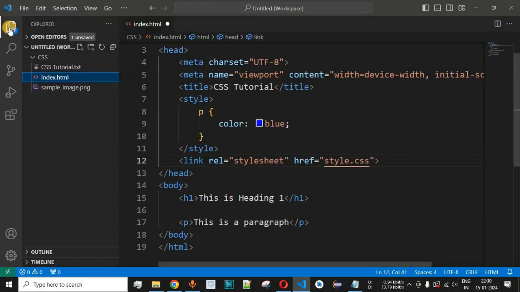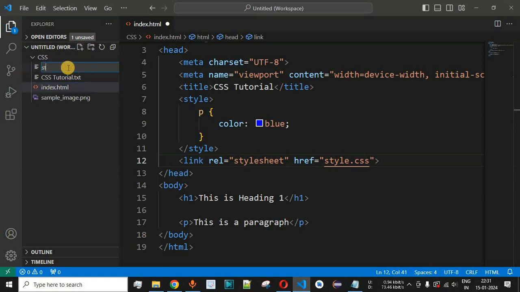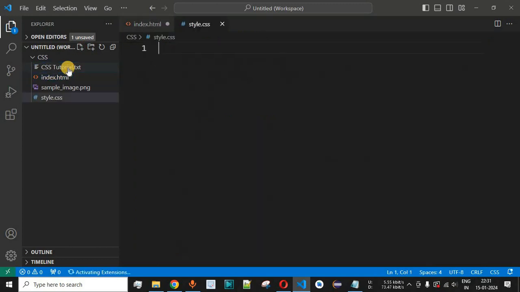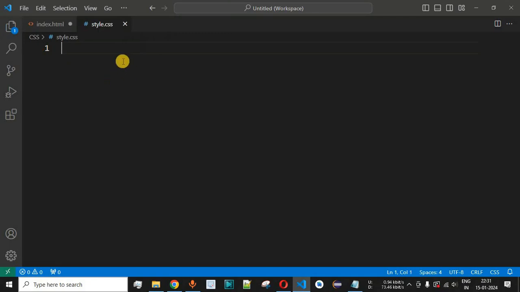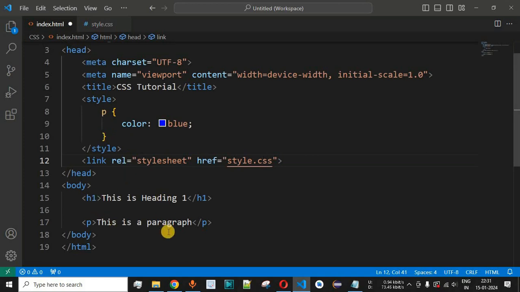So guys, over here we are going to create another file, for which we will name that file as style.css, that is provided over here to the href property. So we add new file in this case, and simply we provide style.css over here and press on enter. So as you can see, this is a new file that is created, style.css, and over here we can simply provide the CSS properties to be applied to different elements of the HTML.